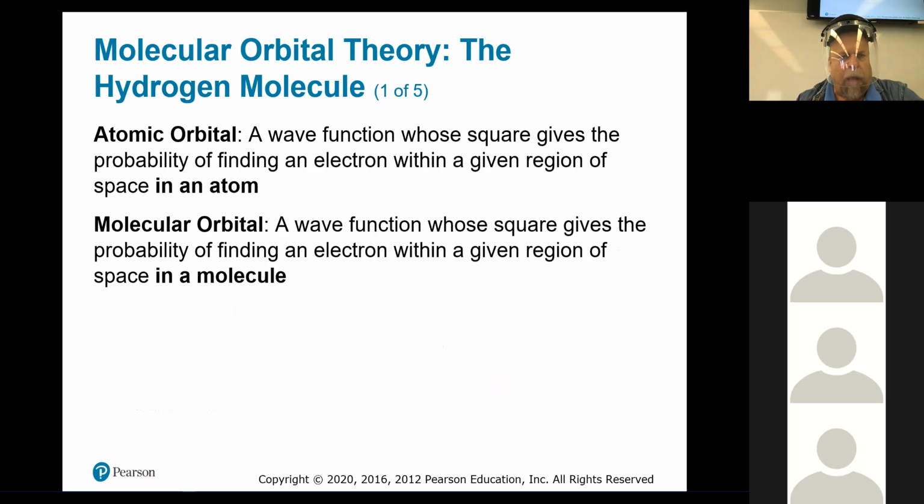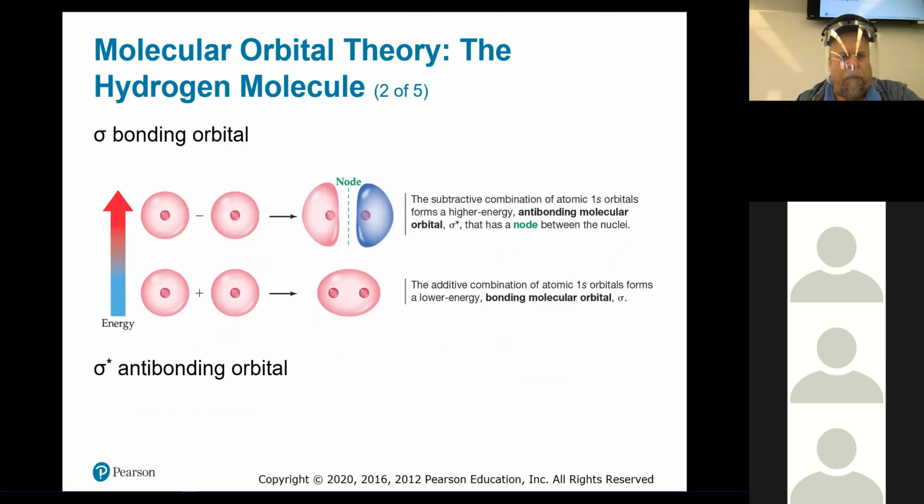Okay, now molecular orbital theory of the hydrogen molecule, with different examples of these, there's bonding and anti-bonding orbitals, but I don't have enough time to do that. So for those of you who are chem majors here, I recommend you read that section of the book, but basically that's not going to be on the exam.